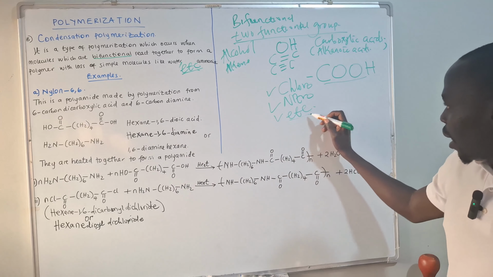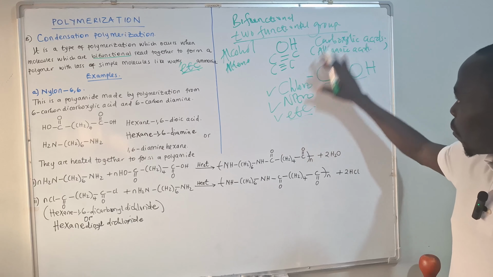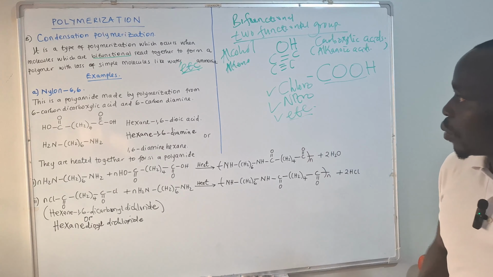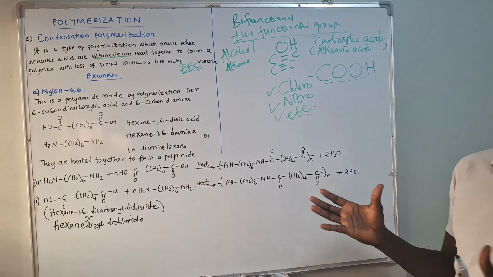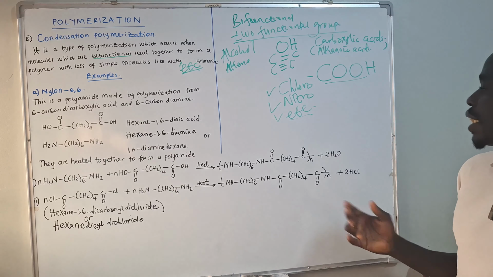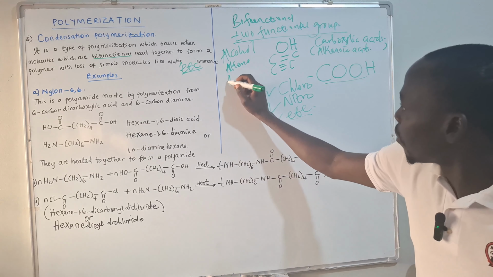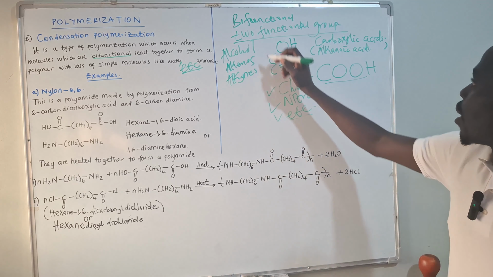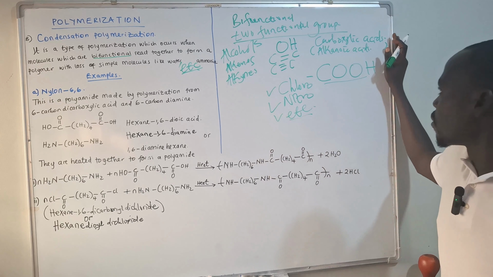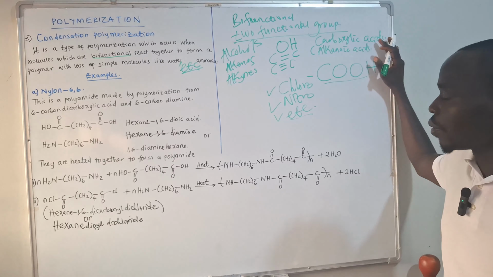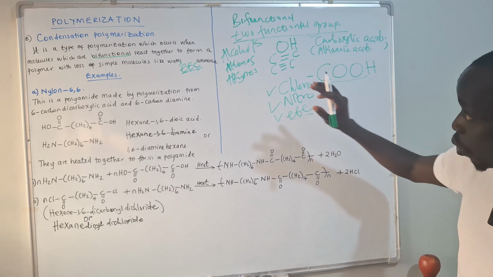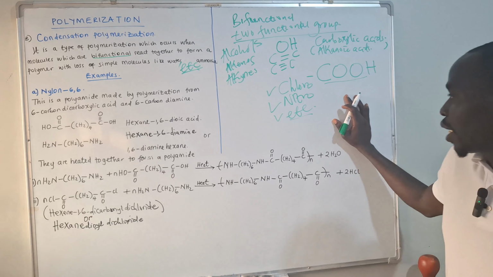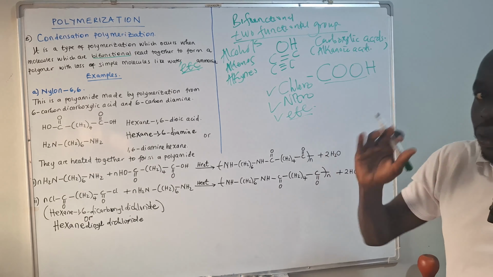Now, after knowing these functional groups very well, with the examples we shall be in a position to distinguish which functional group we are dealing with. Is it the one of alkenes? Is it the one of alkynes? Is it the one of alcohols? Or the one of carboxylic acids? And we shall continue. If you don't know something about functional groups in organic chemistry, that means you don't know organic chemistry, because you will not be in a position to distinguish.